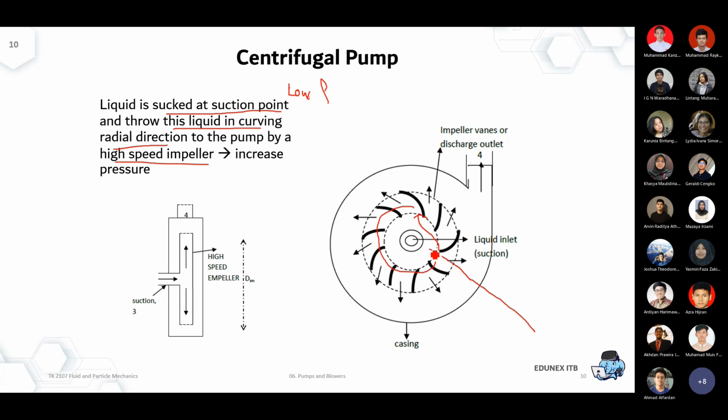It's a 2D projection where it's actually a 3D unit. So one way you can imagine it is the flow coming from in front of your computer screen. Okay, and then it will rotate. So from those points, the water will get an increase of energy from the rotation of the impeller.